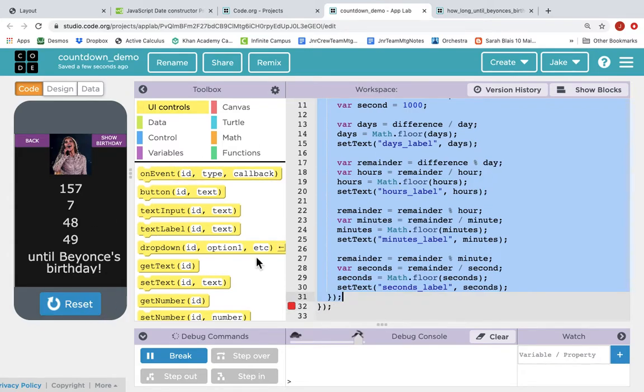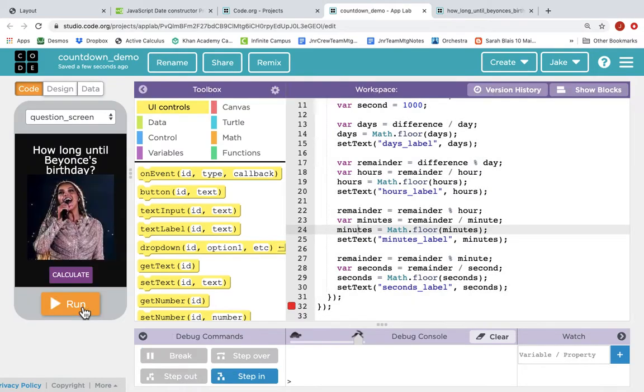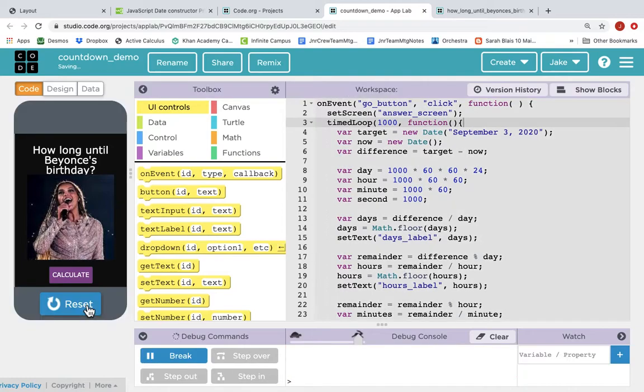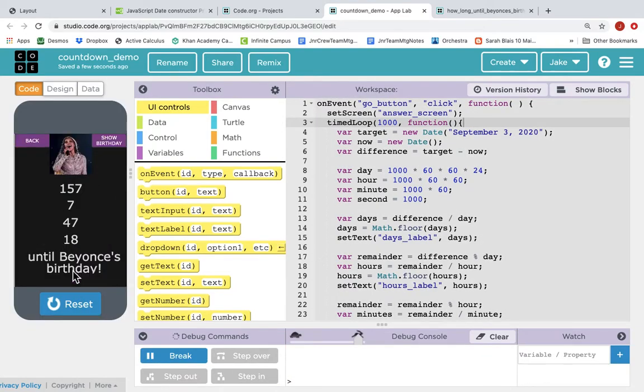And we reset and run that, and we've got an error because we have an extra curly bracket there. So we reset, we run, we calculate, and it's going to show us 157 days,